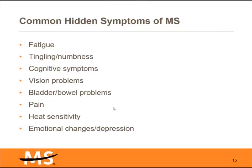And also just the emotional changes. We definitely see that people with MS may experience a higher rate of depression or other types of mental health issues, whether that's physiologically what's going on within that central nervous system, where those plaques are forming, or just the emotional adjustment to living with a chronic and unpredictable, oftentimes progressive disease, or a combination of both. But again, these symptoms are real, and these can directly impact a person's productivity, their effectiveness, and these are the types of accommodations that people might need to request